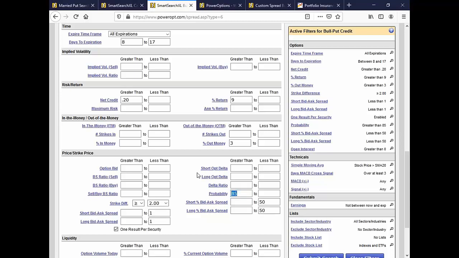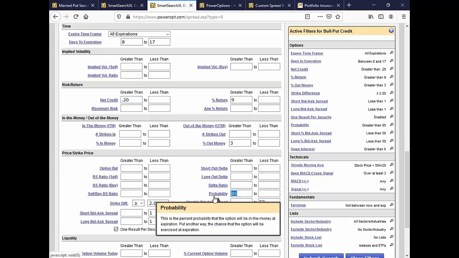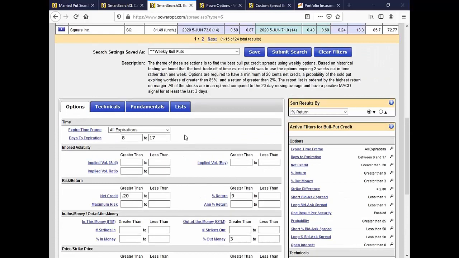But look, doing both with an 85% probability, looking for a minimum 9% return on the position, which even if I lowered that for the 1 week out to 5% and lowered this down to 10 cents, I typically average around an 83-84% success rate, and I have a